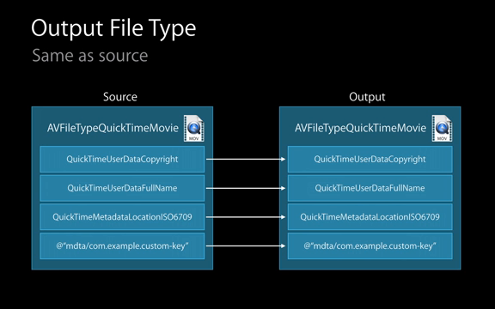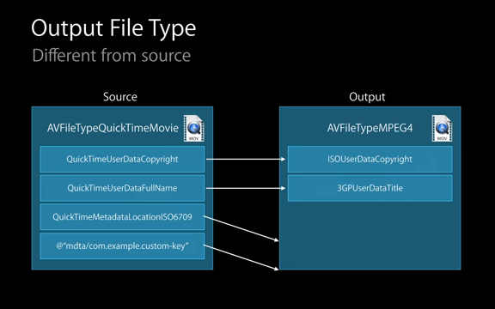the same file type as your source to the output. So for this example, they're both QuickTime Movie files. This is the easiest way to ensure that all of that data is actually going to make it into the output file. If instead you're using a different output file type, like MPEG-4 in this example, then some different things